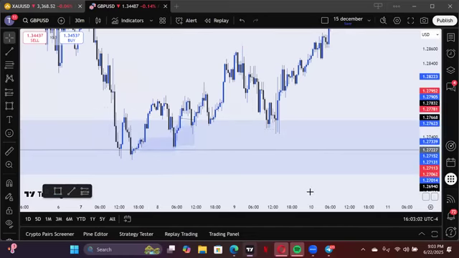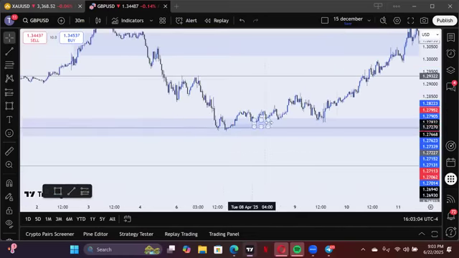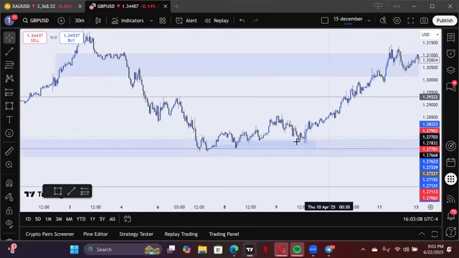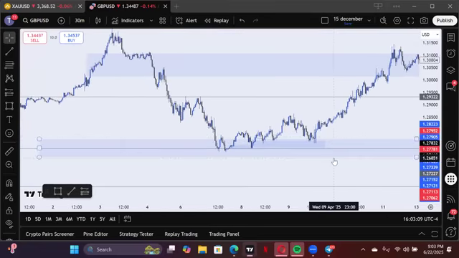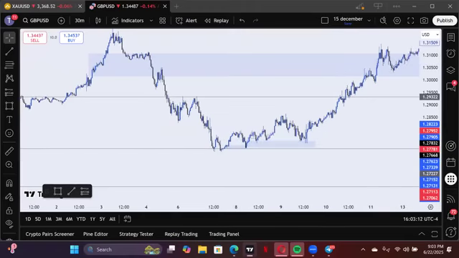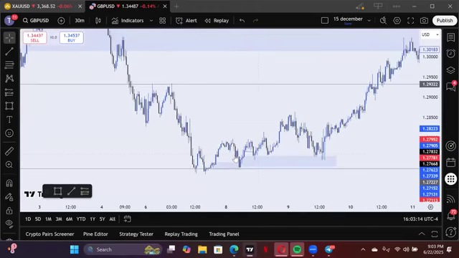So for me to confirm the move to the upside, while the market is at this zone, it had to give me this strategy that I trade for reversal while at that zone. So when the market gave me this, while at this level that I marked out, that breaker block on the 4 hours time frame, structure lower highs, lower lows, lower highs, lower lows, it took out this high,